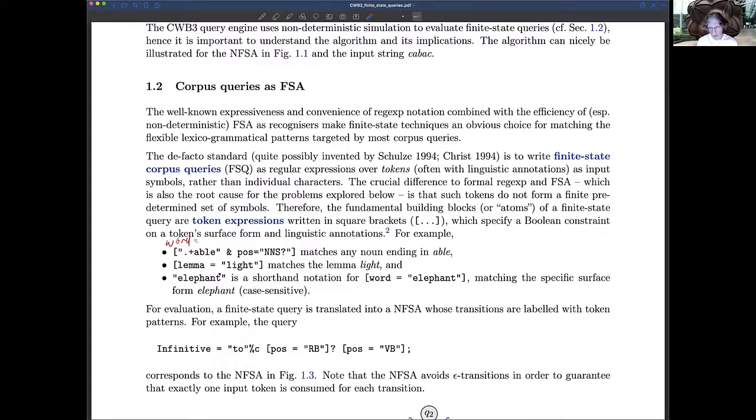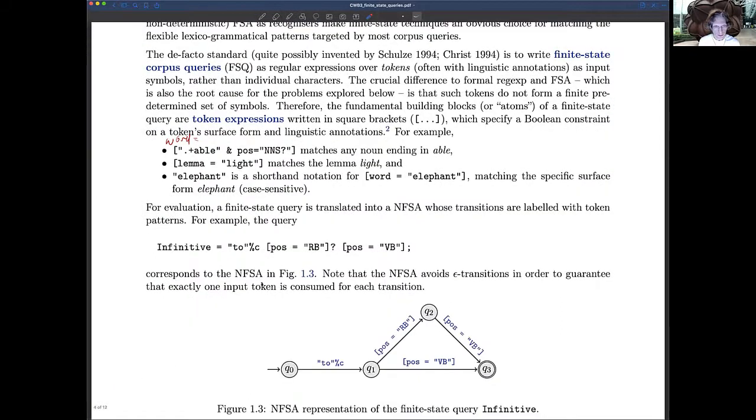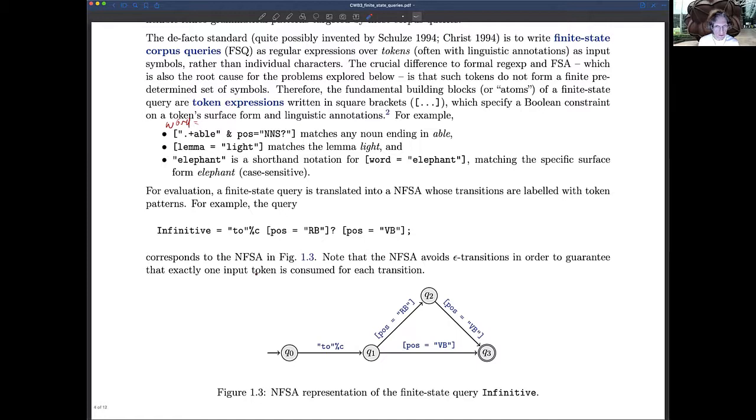And of course, I'm assuming that you know CQP query syntax well enough to know all the different extensions, such as case-insensitive matching and so on. The constraints inside a token expression can be arbitrary Boolean expressions. So you can also use disjunction or conjunction and negation with an exclamation sign. Okay. In order to evaluate such queries,